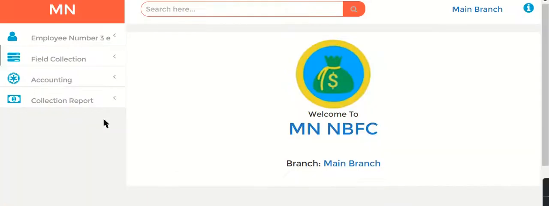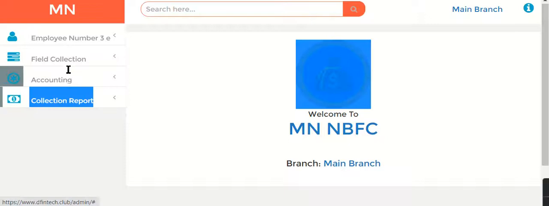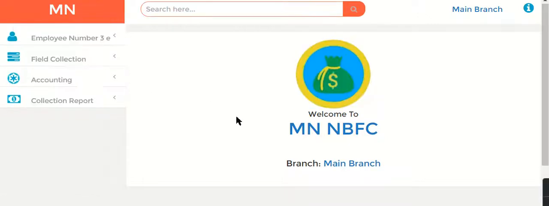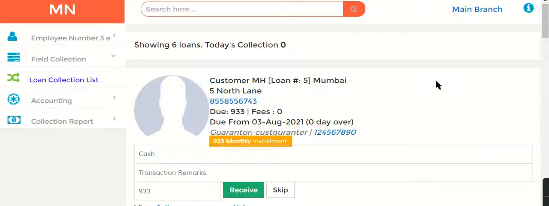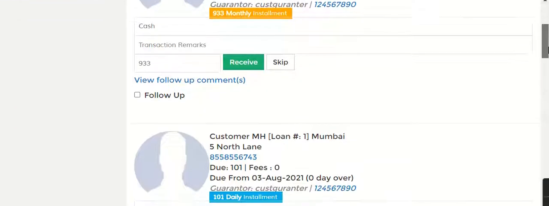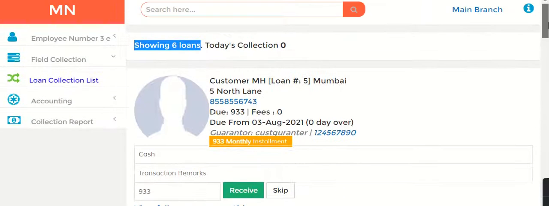I'm going to log in. Now if you see, he can see only the access that has been provided to him, nothing more or nothing less. In field collection, loan collection list, there are about 6 loans that are due, showing for his collection today. So let's see, say the employee